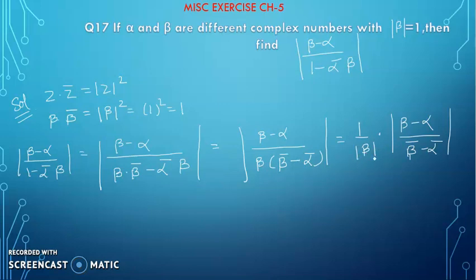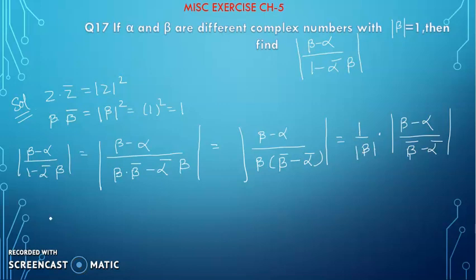Now what is the modulus of beta? I hope you have followed this step. I have taken this modulus beta out. So what is left? In numerator beta minus alpha, no change. In denominator beta conjugate minus alpha conjugate. Till here clear, students? No problem. Now what is the value of mod beta? The value of modulus of beta is equal to 1. This is given to us. So 1 upon 1 is 1.